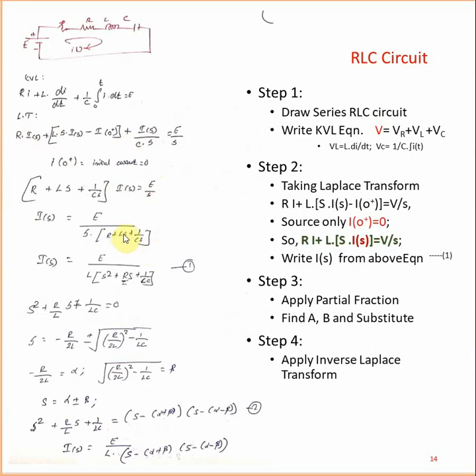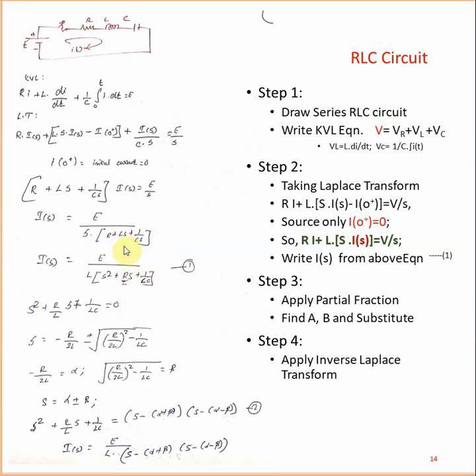So L, I am going to move outside. So here it is R by L, here L S C will come. S, so you can move inside. S is to move inside: S squared plus R S plus S, numerator S and denominator S is cancelled. So this is the first equation.